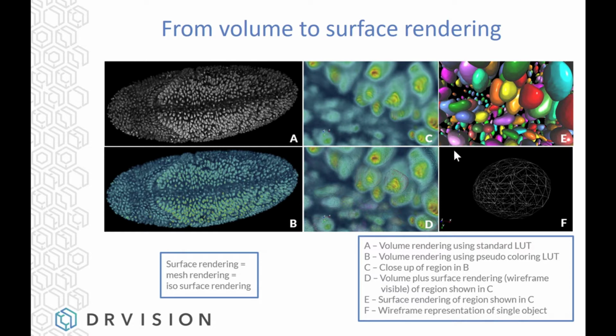Then these meshes, if we look at them carefully, they're made of little triangles. If you fill in all of those faces of the triangles, you can see them as solid surfaces, as they look like here, a little bit like jelly beans. And these, if you peel them away and zoom in, they look like the image you see on the bottom. So how do you get to this kind of